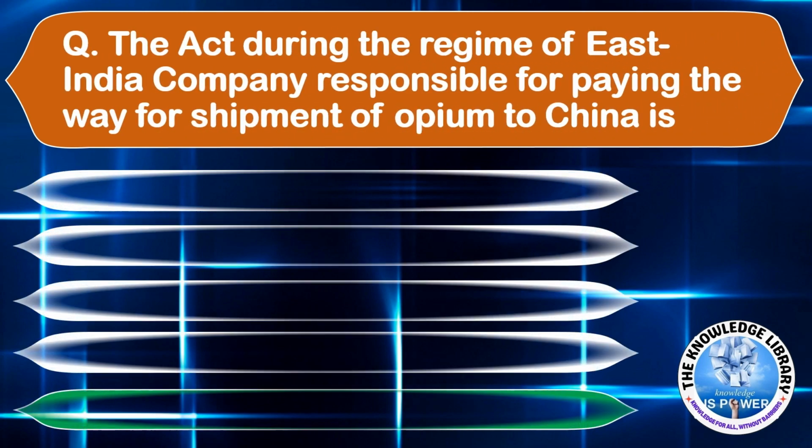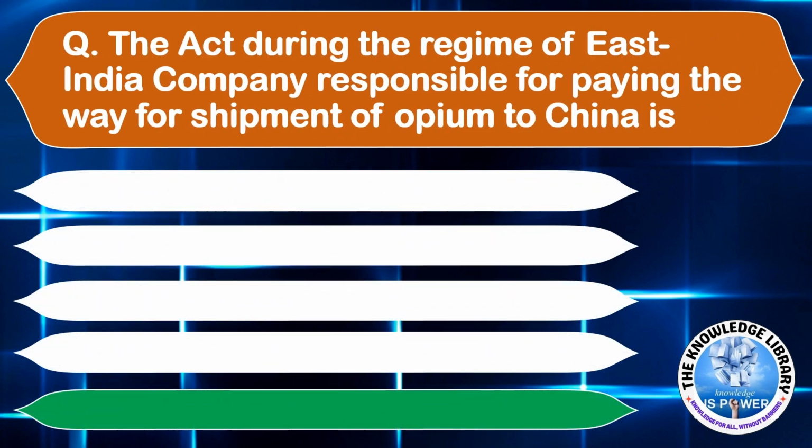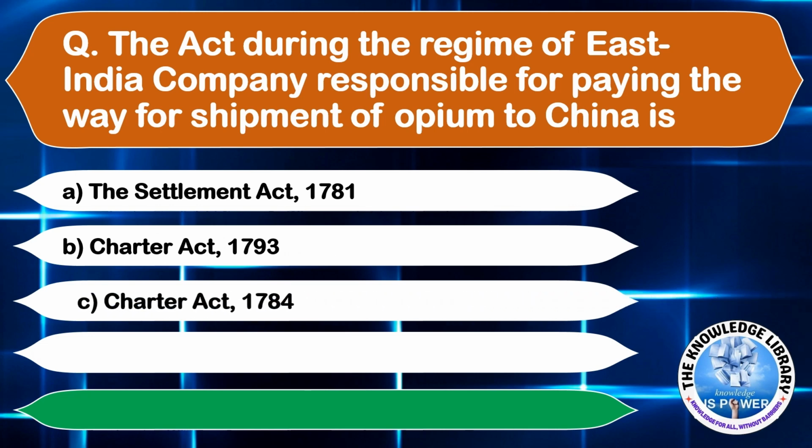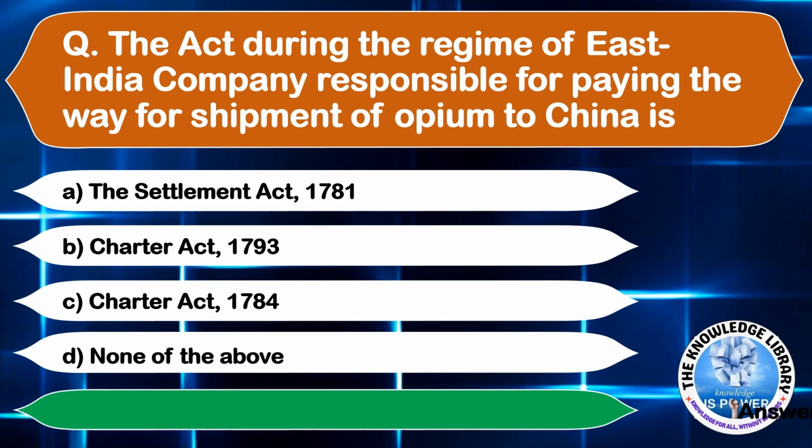The act during the regime of East India Company responsible for paving the way for shipment of opium to China is option A, Settlement Act of 1781. Option B, Charter Act of 1793. Option C, Charter Act of 1784. And option D, none of the above. The correct answer is option C, Charter Act of 1793. The next question is,